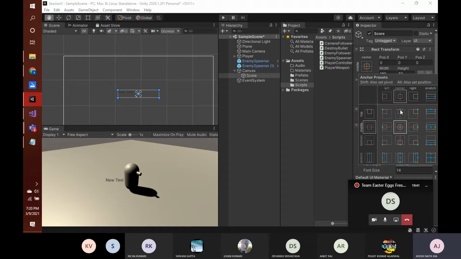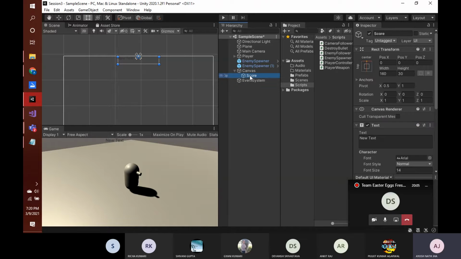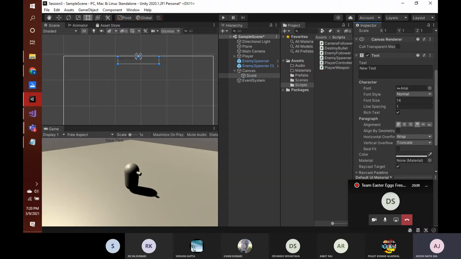So we need our anchor point to be here at the top, because we need our element to be displayed here at the top. So if you click on this while holding the alt plus shift key, then you can see that it will get aligned to the top, and its anchor has also moved to the top. Similarly, if you want to place any other UI element, you have to follow the same procedure. So now we have our score element at the top, and let's first align our text properly.